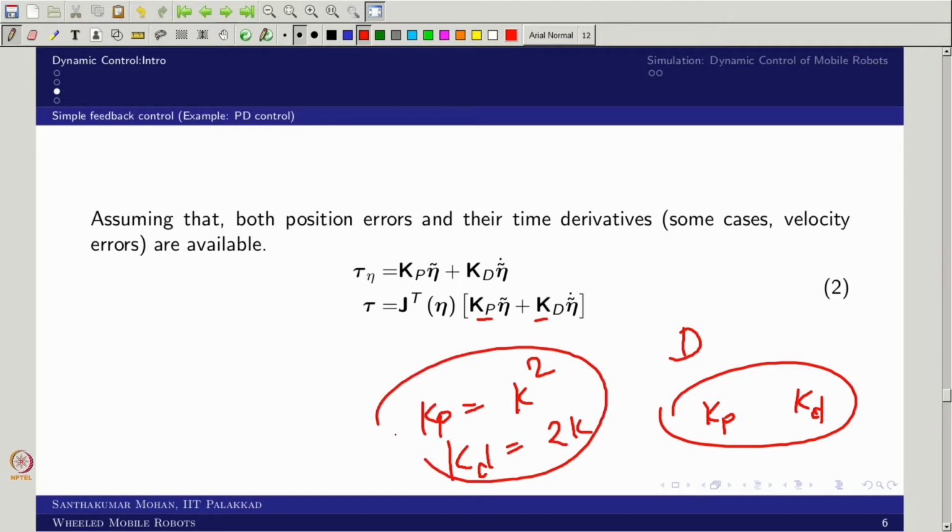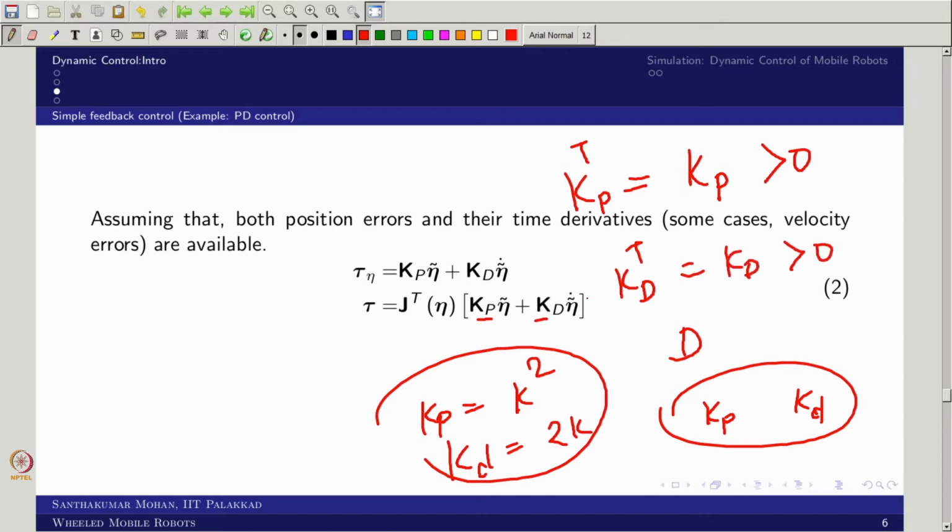So, then this will give the simplest model, what you call a critically damped system, but you have to be very clear that these are matrices. So, what you are supposed to know is that this Kp matrix is supposed to be positive definite, and for simplicity we want it to be a symmetric matrix also, in the sense Kp transpose equals Kp, and this is positive. In a similar sense you can take this also.